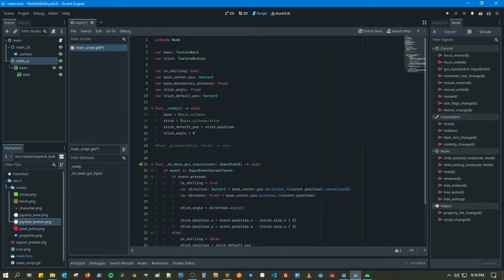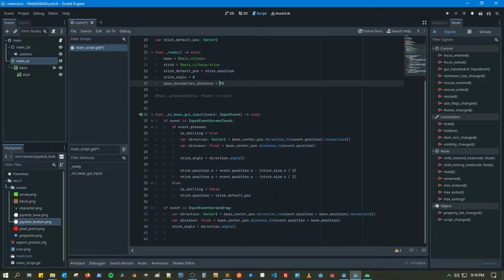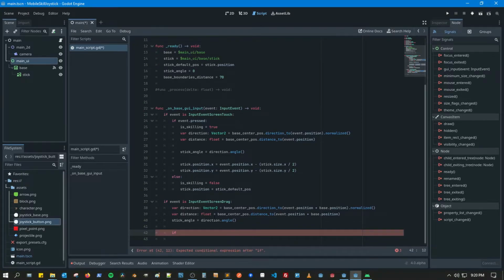So I'll set base boundaries distance to 70. It will be the max distance of our boundaries. And then in our input event screen drag, if our computed distance is greater than our base boundaries distance,